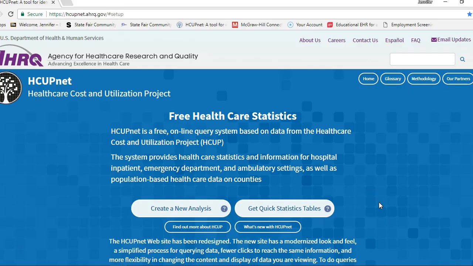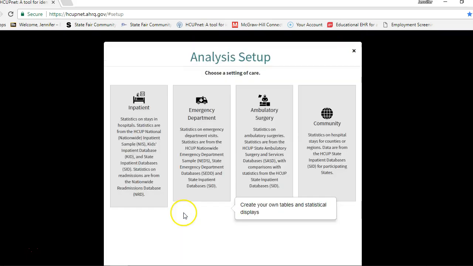Okay, so what we're doing now is we're going to the HCUP website, and we are getting our information for our Medicare patients, total number of discharges per MSDRG, to see how our discharges, our number of patients compare to the spread of patients for the 3 MSDRGs. So we're creating an analysis,